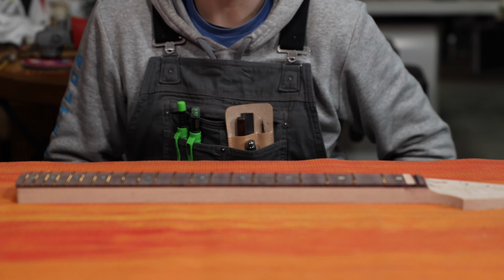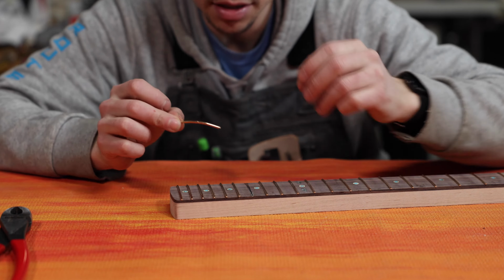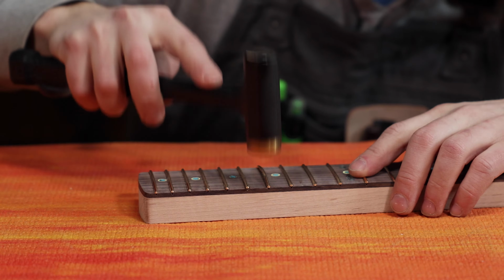You need to be radiused more. So I popped that one out. I radiused it a little bit more. Might be a little too aggressive, but let's see if it'll...